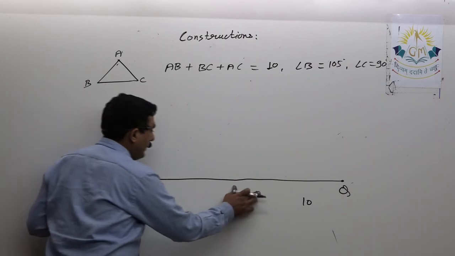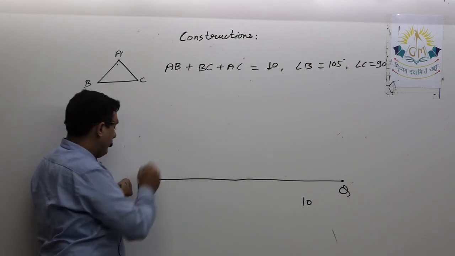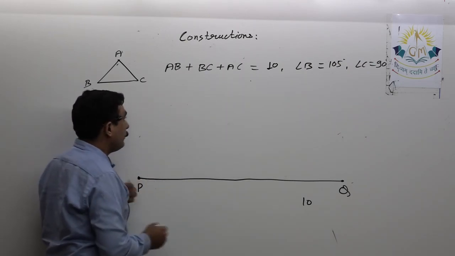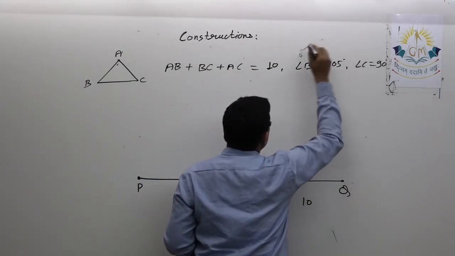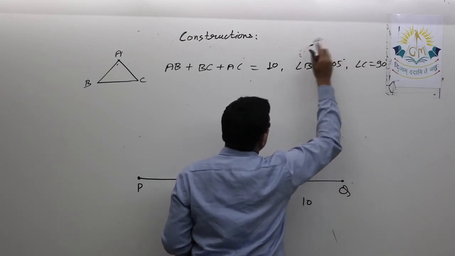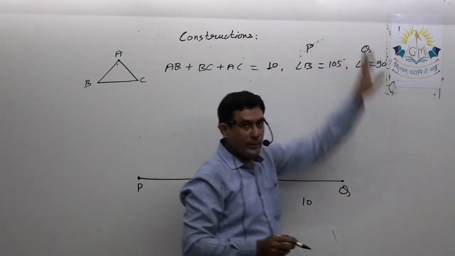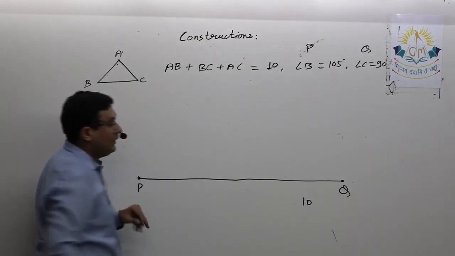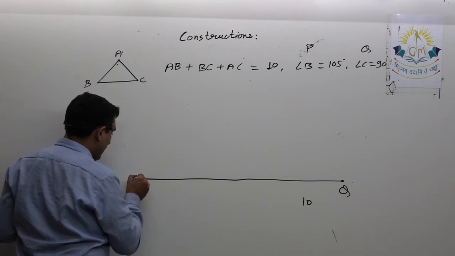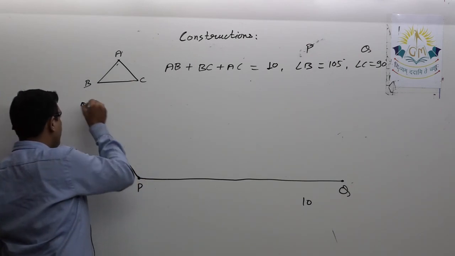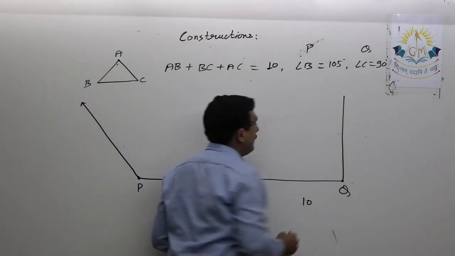You can draw that at any of the points, but you have to keep in mind that, for example, if I am taking angle B as 105 degree over here, I have to take care, because further again I need this. So here I am taking angle P over here and angle Q over here. That means angle B at the point P and angle C at the point Q. So 105 degree, you should know how to draw the 105 degree using the rounder only. I am drawing approximate 105 degree. Now over here it is 90 degree.